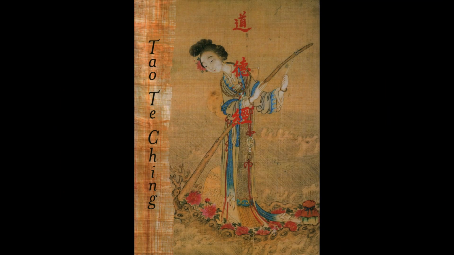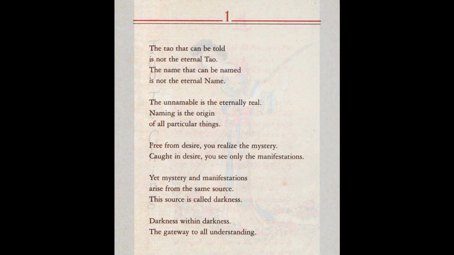Watch. First, I'm going to read just a little bit from the Tao Te Ching from Lao Tzu. It's Chinese material, approximately 500 years before Jesus. I'm just right on page 1, the first verse, right on number 1, and I'm just going to call your attention to this. There's a lot going on this page, so I don't want to cover it all. I've got to get through this video.